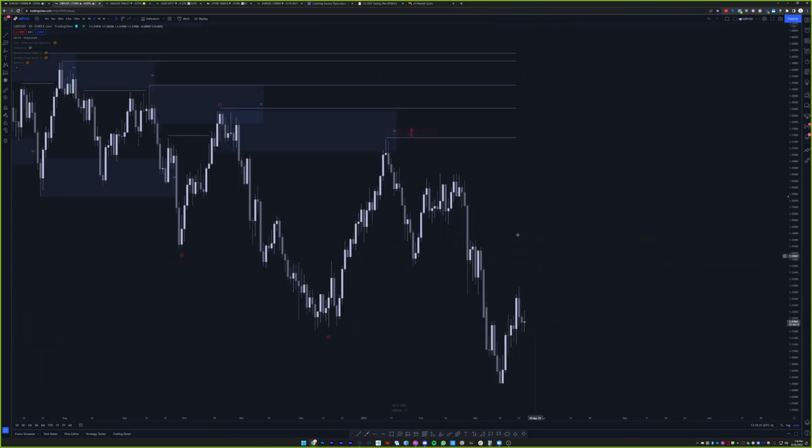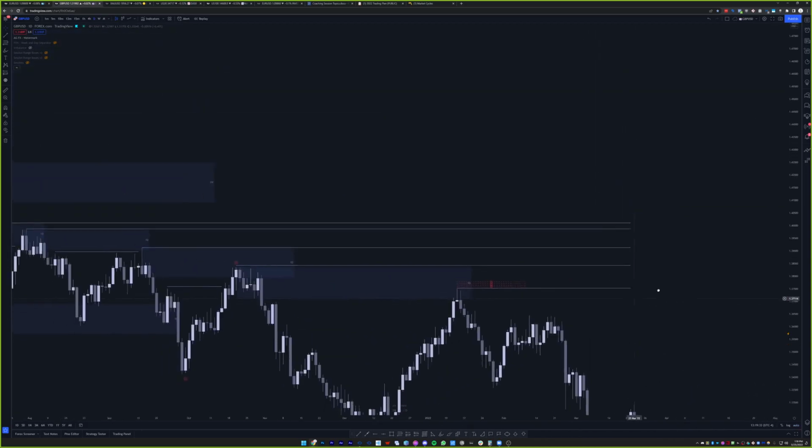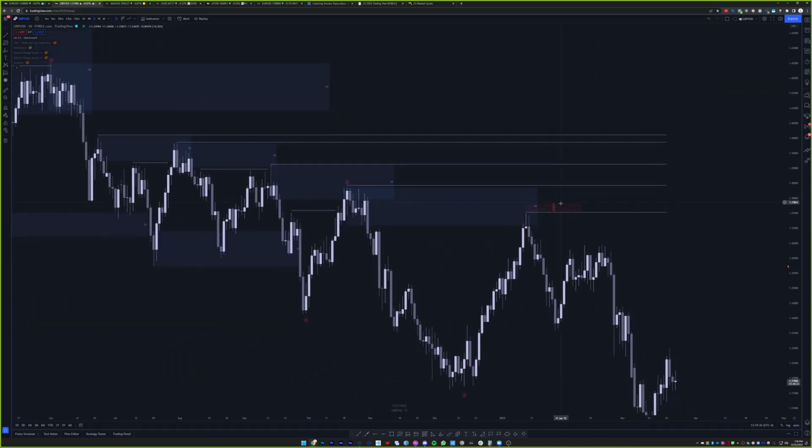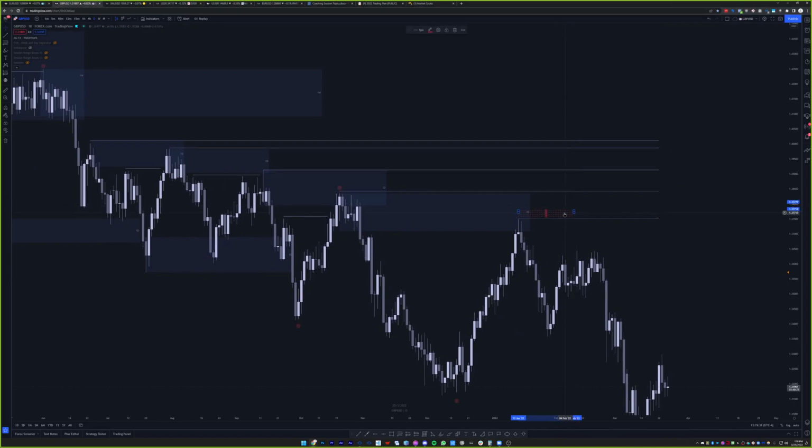So let's go back to the daily. I want to quickly illustrate this point because it's pretty important. Remember, liquidity can be used in one of 2 ways, right? Either it's there to fuel a move, or liquidity is there to help an institution build a position. It's typically the institution manipulating price so that they can create liquidity, fill their bags at a better price, and then push it in the direction they want, profit off of that built position, right? So it's one of 2 things. If we are going to go bullish in this case, just think, where is liquidity pooling?